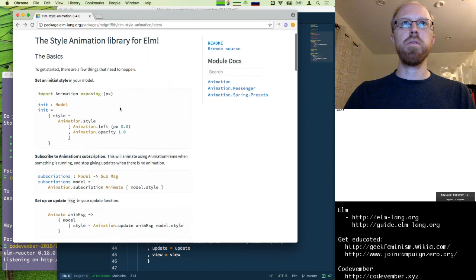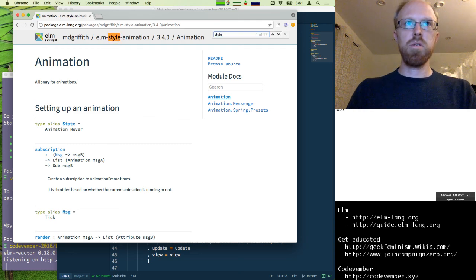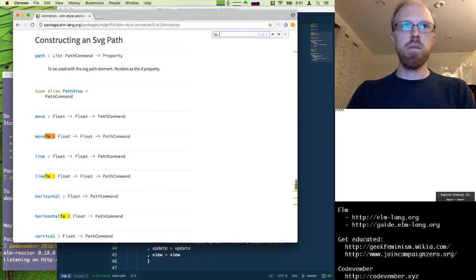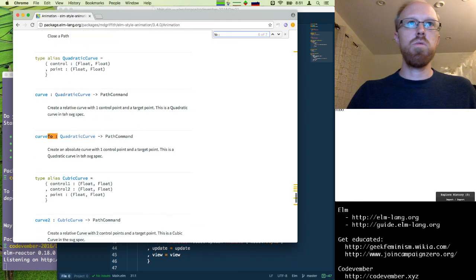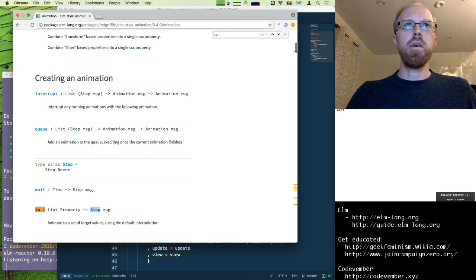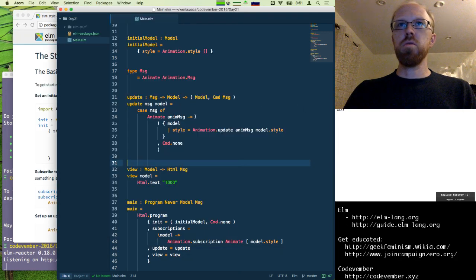Not quite sure about the types, so let's take a look in here. So style takes properties and gives an animation. v2 takes a list of properties and gives back a step. And then interrupt and cue both take a list of steps and apply them to an animation. Okay, cool. So let's start this out